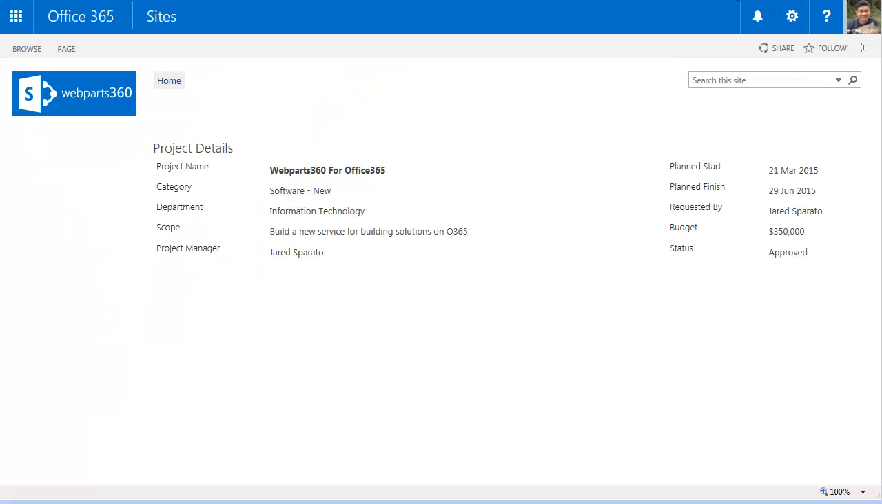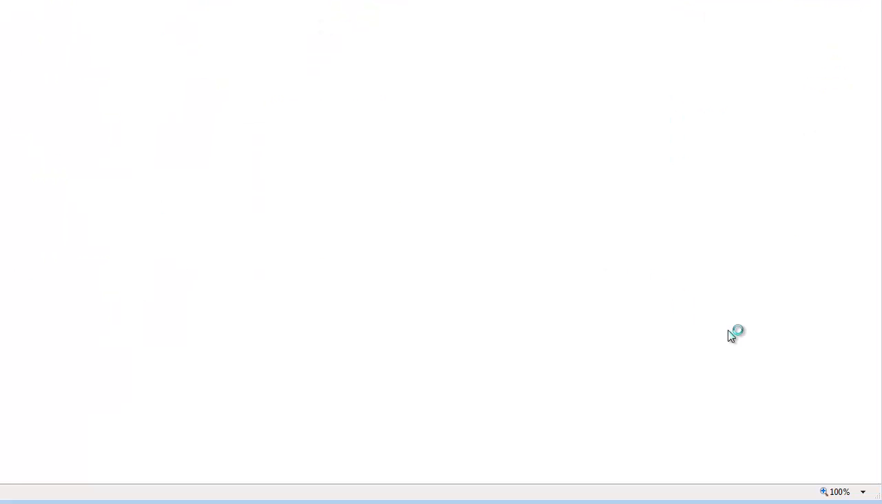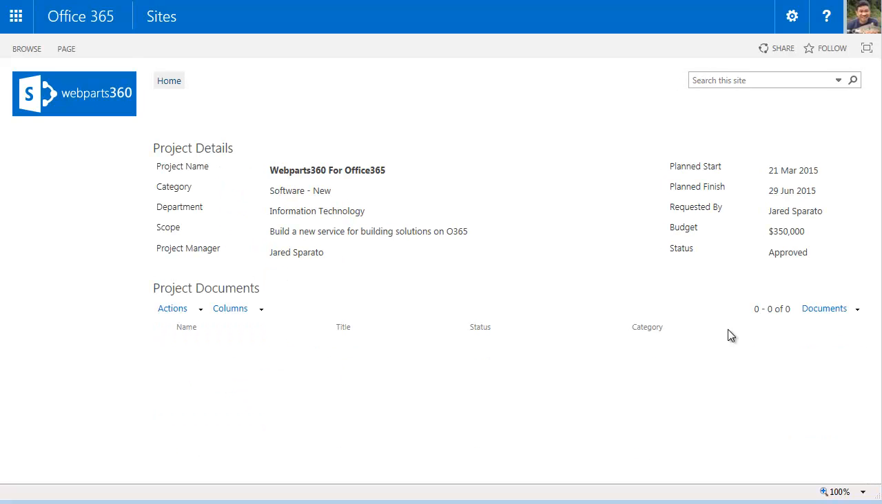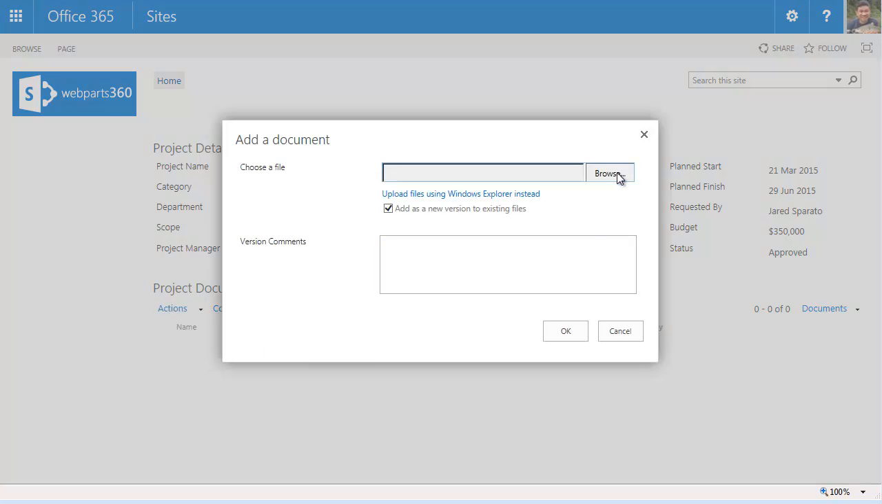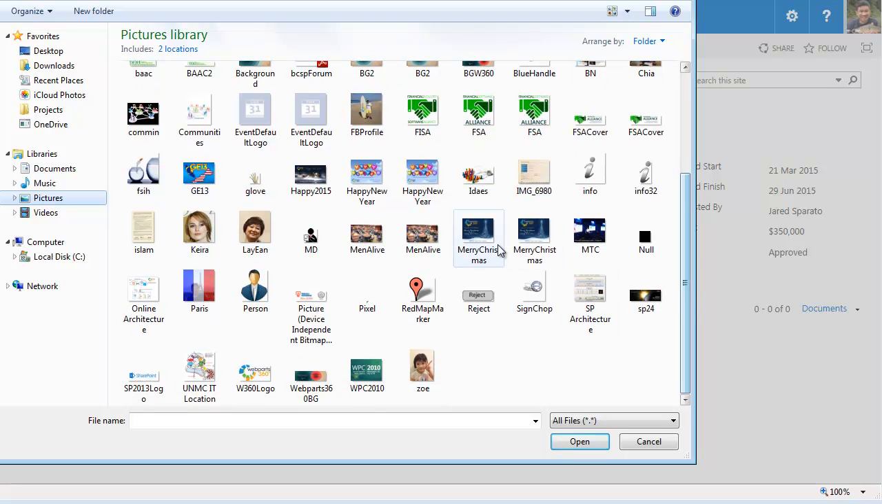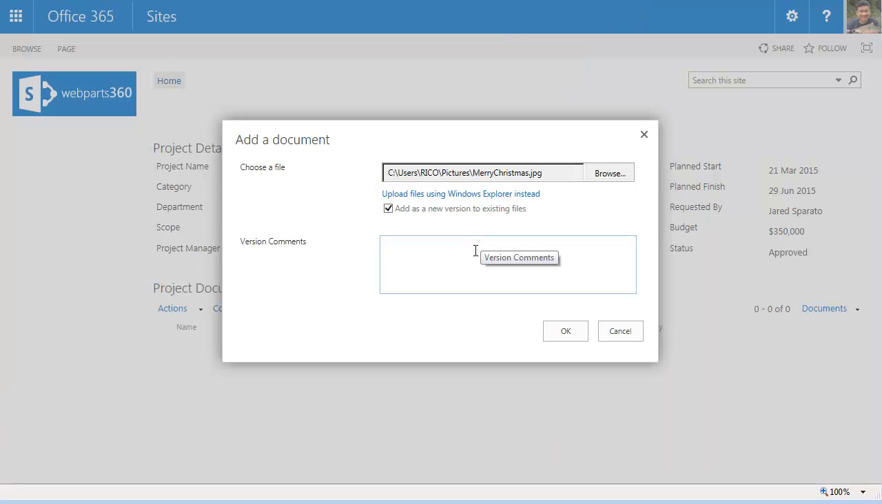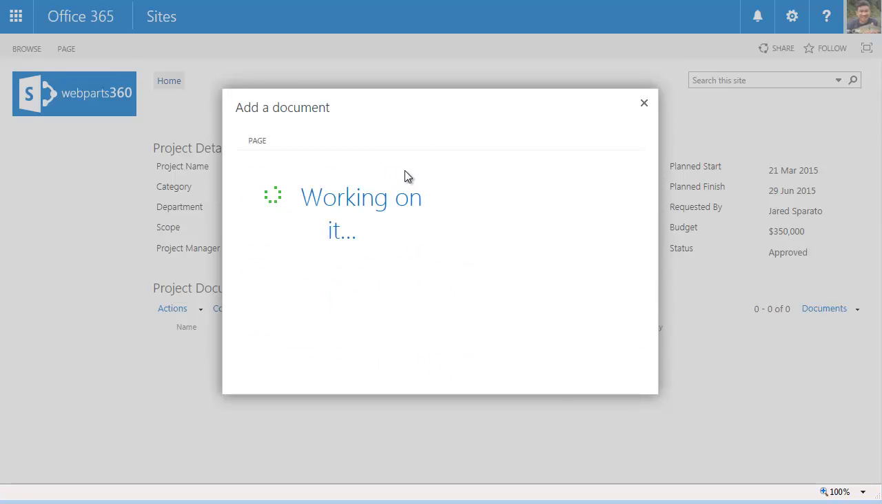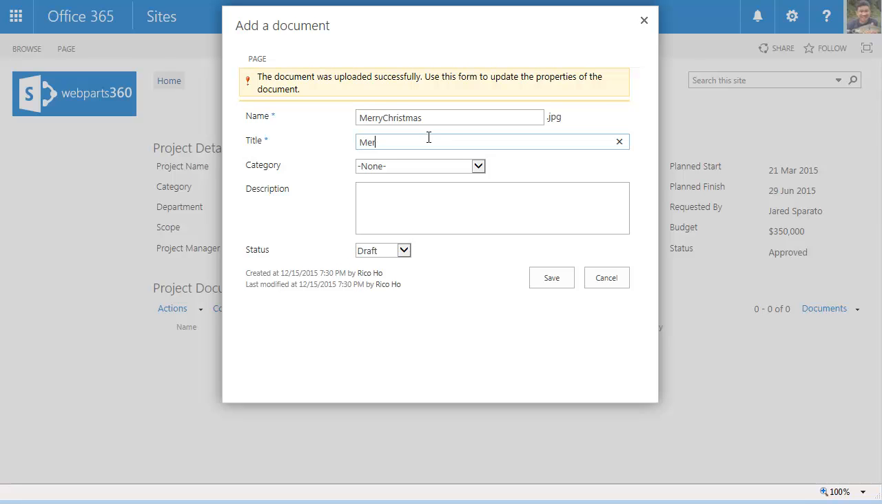So once I'm here, now I can refresh, and it will give me my ability to put my documents, right? And when I am done, I can come in and say upload a document. In this case, I will just put in a picture file. Let's say we have a Christmas greeting, okay? And we will call this our Merry Christmas announcement,